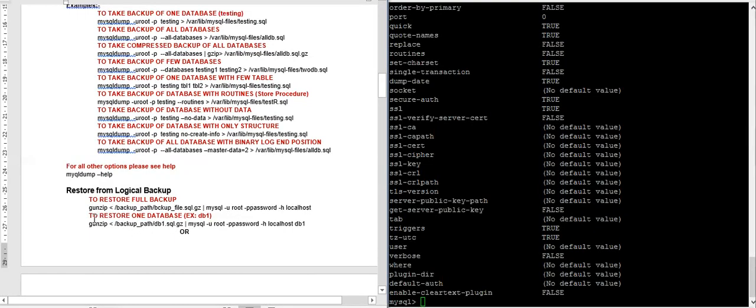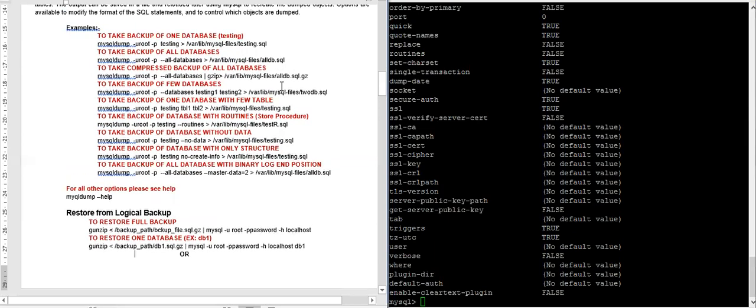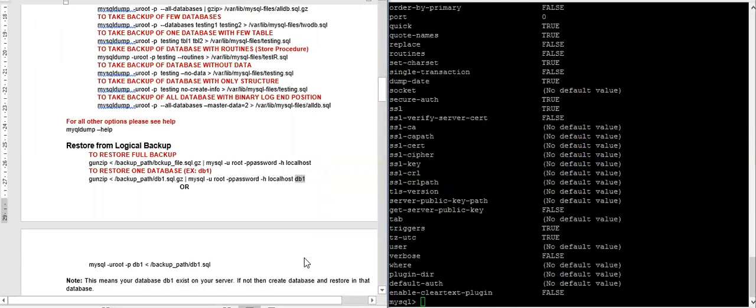In the second option, I am restoring one database, okay? So suppose I have taken backup of the DB1 database, then you can restore it using this command, and you have to specify DB1, okay?